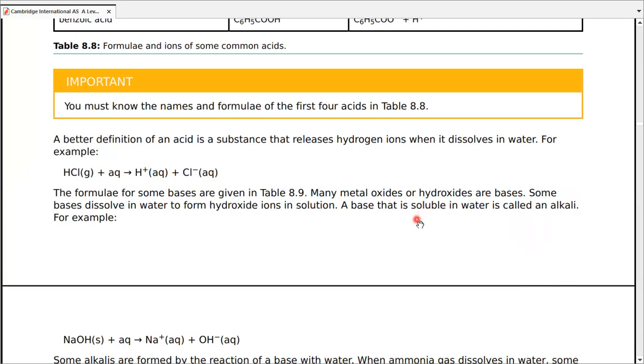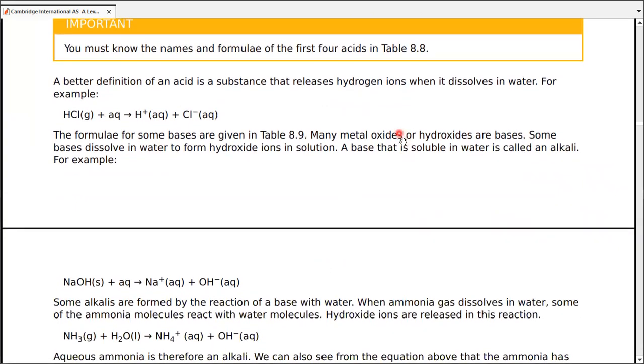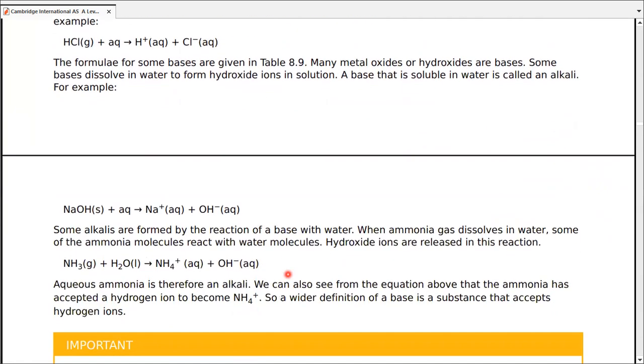Okay, so this is another definition. अगर आप इस equation को देखें तो ये prove भी करती है कि हाइड्रोजन आयंस देते हैं जो whenever they are dissolved in water and actually they give an excess of hydrogen ions. Now many metal oxides और hydroxide bases होती हैं, उन bases को जब हम water में dissolve करते हैं तो वो hydroxide ion solution में देते हैं। वो base जो water soluble होती है उसे हम alkali कहते हैं।